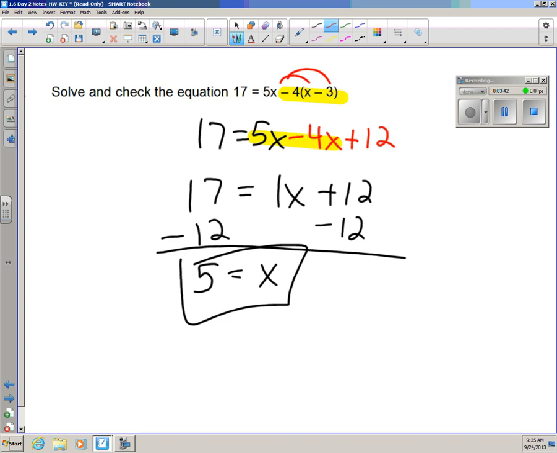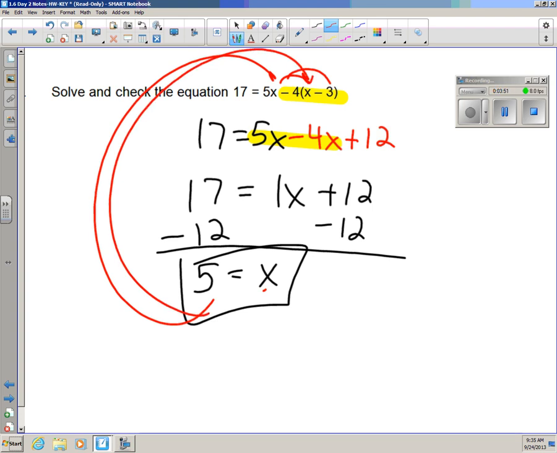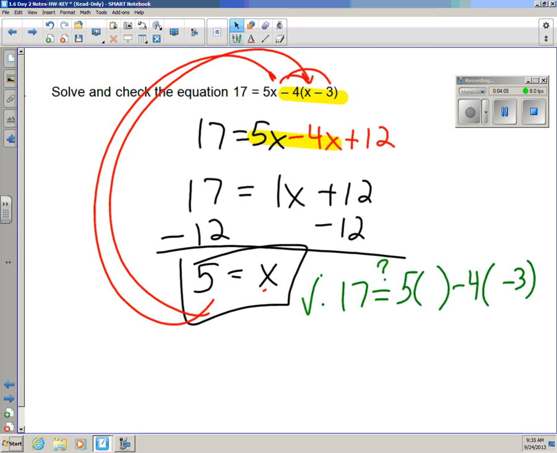When they ask you to check the equation, the idea is they want you to substitute the value that you got for x into the equation and then do the math. So your check could look something like this. Does 17 equal 5 times x minus 4 times (x minus 3)? Remember, we found out x was 5, so I need to put in a 5 wherever I see an x. So if I start doing some math,